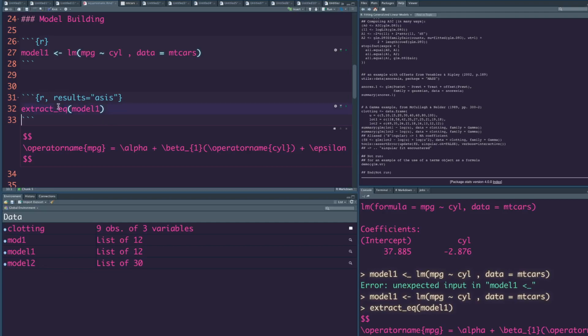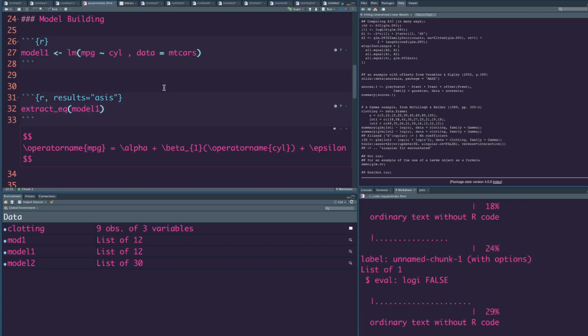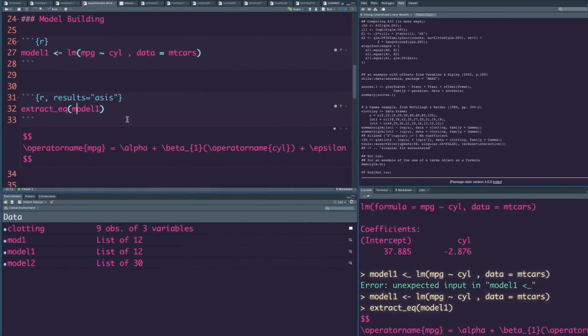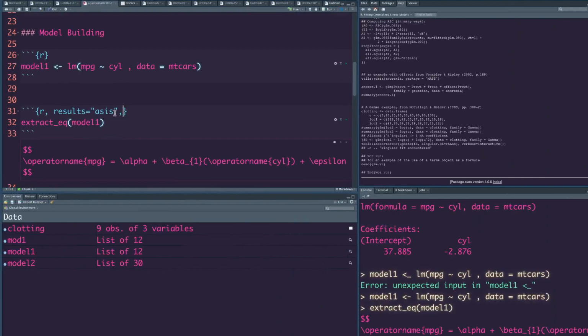So it has extracted the equation. When you render it, now you would actually see that. Under model building, after we extract the equation, you can see that it has been written here. So you have your mpg, and maybe let's say that you don't want to necessarily show this function to anyone. Now you can probably say output.